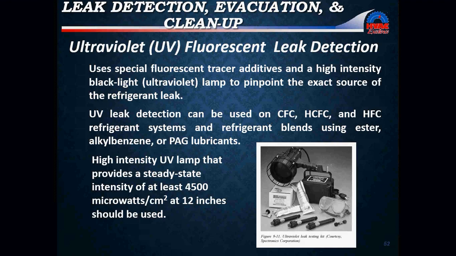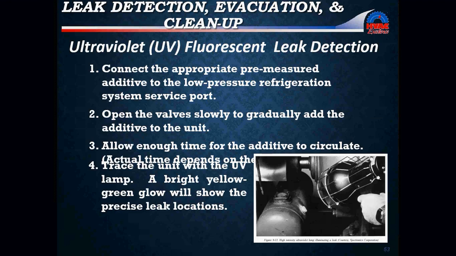Ultraviolet fluorescent leak detectors use a special fluorescent tracer additive and a highly intense black light lamp to pinpoint the exact source of the refrigerant leak. UV leak detection can be used for CFC, HCFC, and HFC refrigerant systems, and refrigerant blends using ester, alkylbenzene, or PAG lubricants. High-intensity UV lights that provide a steady state intensity of at least 4,500 microwatts at 12 inches should be used. When we're dealing with